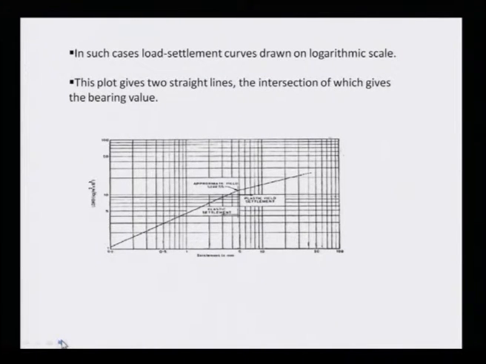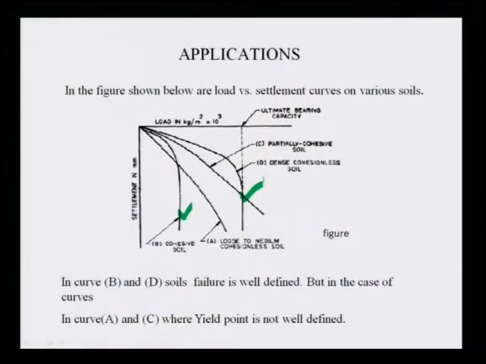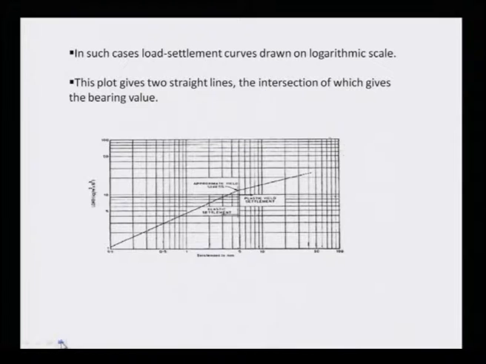If I plot, now come back to here, if you look at the load versus settlement diagram, if this kind of curve is there, where you can get the failure load easily. In that case, if I draw it in a log plot, definitely there will be a yield stress, you will get it directly. The curve in the log plot will go in this way. You will get one yield point, or maybe a point where the failure load is observed, we can get directly.